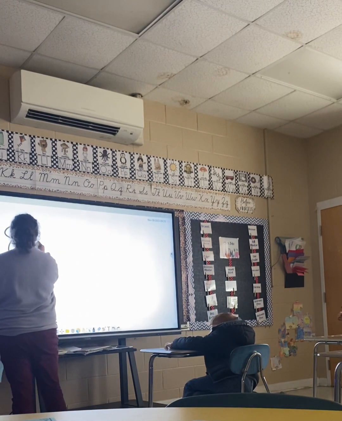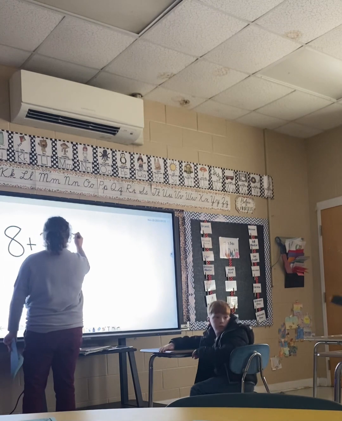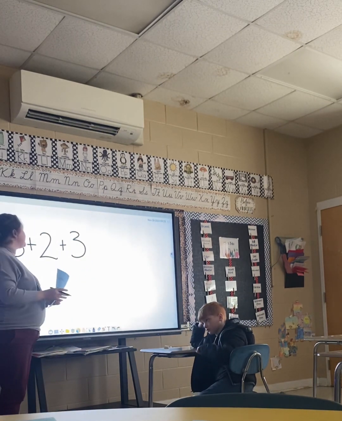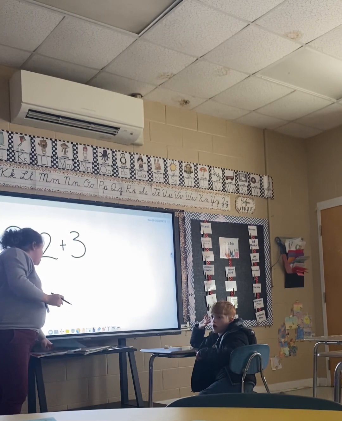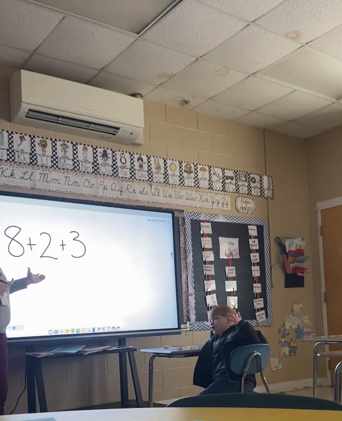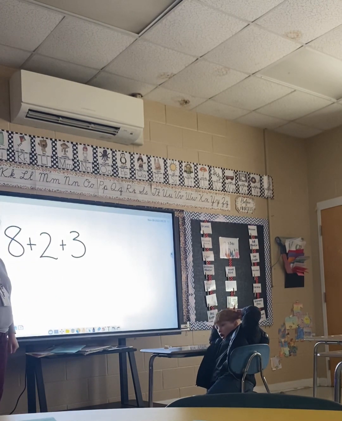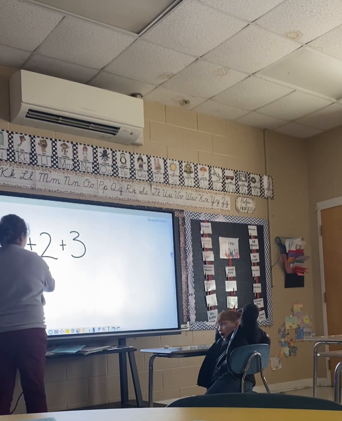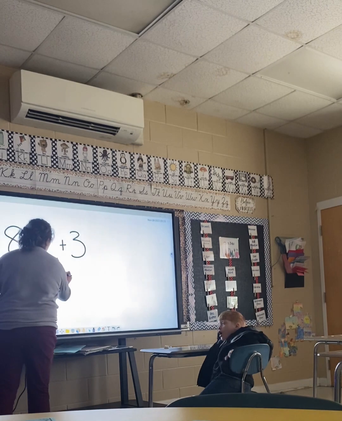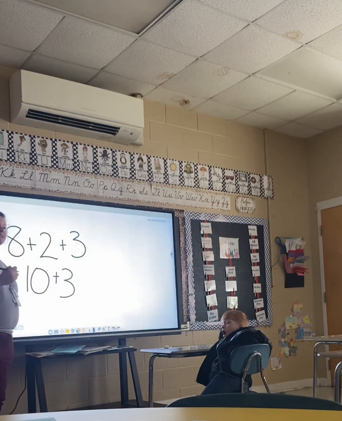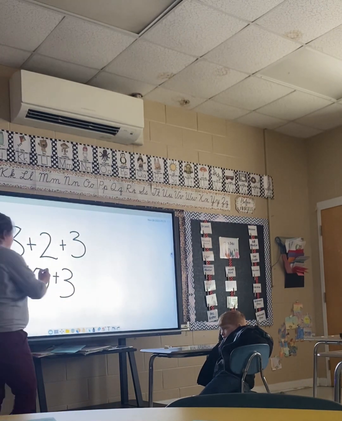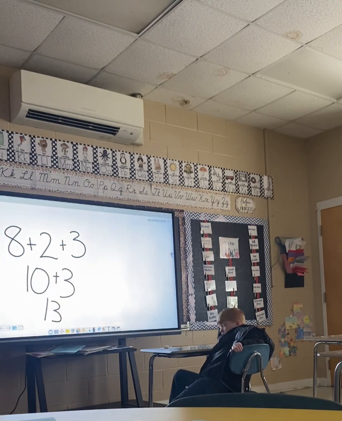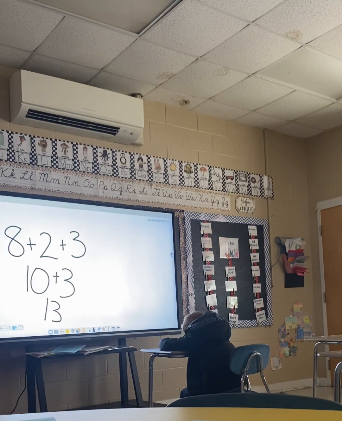8 plus 2 plus 3. Do you see a way for me to make 10 here? Kinsley, how could I make 10? 8 and 2. What does 8 and 2 equal? 10. Now you have to bring down this 3. Kinsley, what is 10 plus 3? 13. So when you have a longer number string, longer than 2 numbers, you can use the make 10 strategy